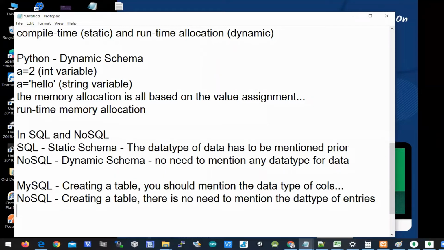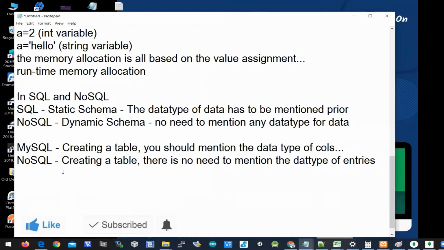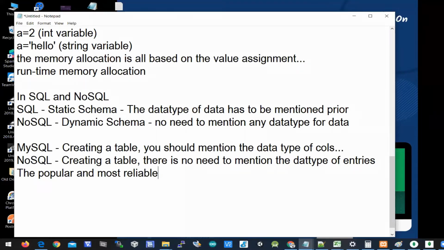But in NoSQL, there is no structure. There is no fixed schema here. You can store any kind of data anywhere in NoSQL. And the most popular and most reliable one is MongoDB.